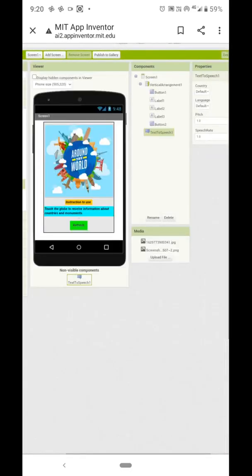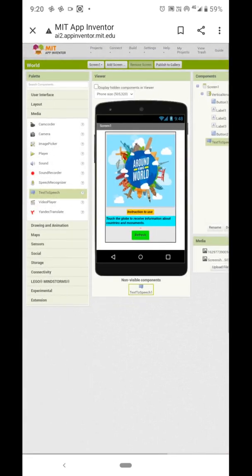Now we'll go to the designer part and we'll run this program. Just build the app.